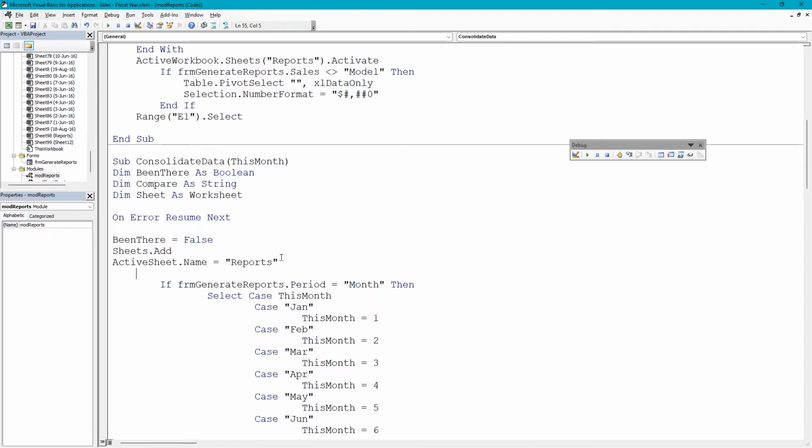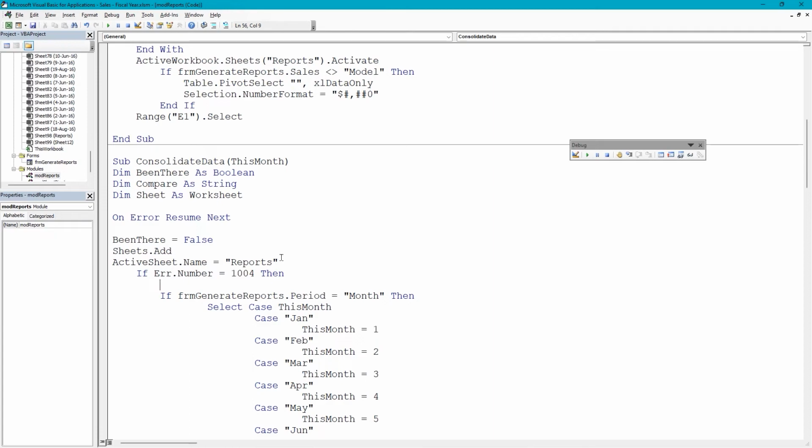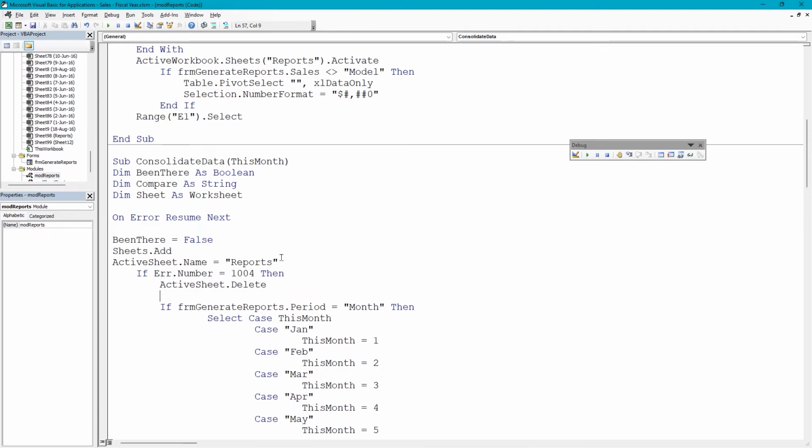And we're going to tab, and we're going to type If Err, and we're going to access its Number property, equal 1004, then Enter, tab, ActiveSheet.Delete, Enter,